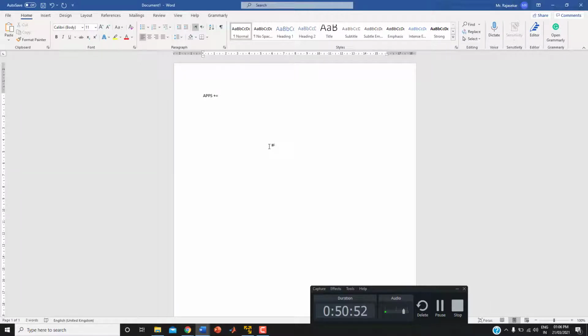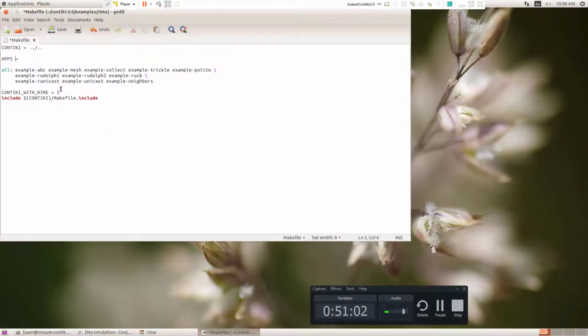That's it. Now I'm just typing in Word and I will paste it here. Okay, no problem. So APPS += PowerTrace. I'm just pasting it here. If you include this line in the build file, automatically your topology will work.